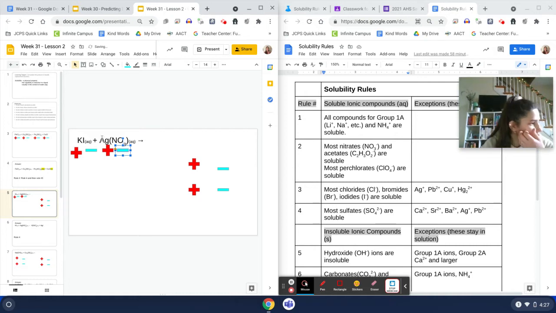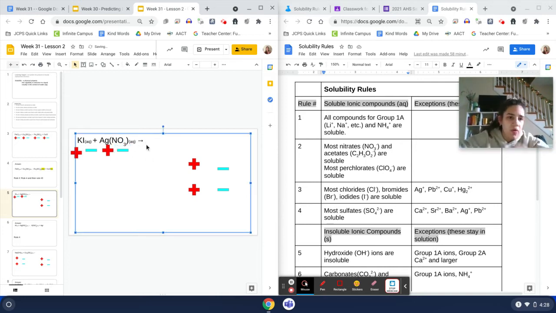Ag, which is silver, is positive, and our polyatomic ion here is a nitrate, and nitrate is negatively charged. Now I'm going to have them switch partners. So positive replaces positive, negative replaces negative. So we're going to have